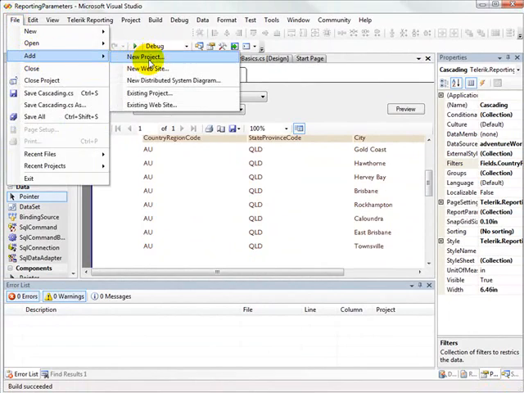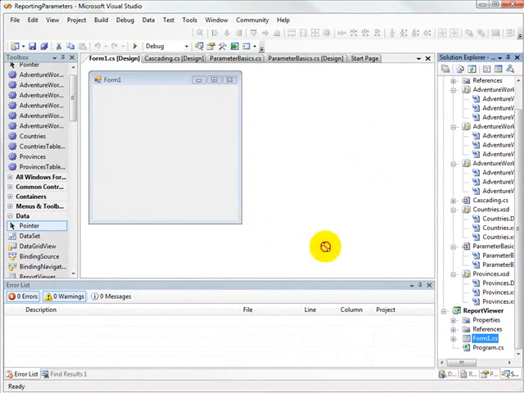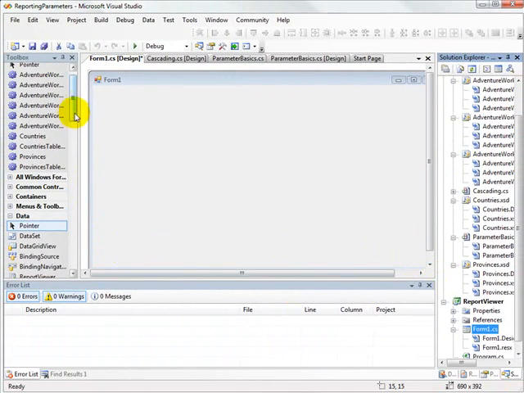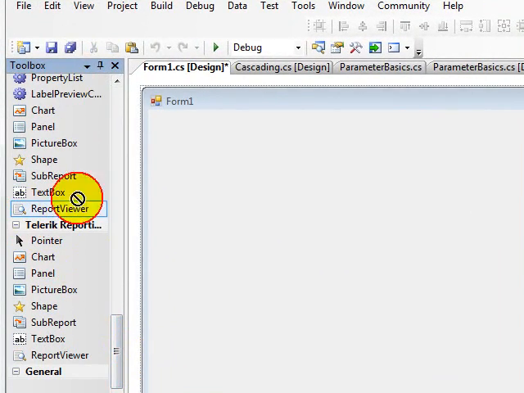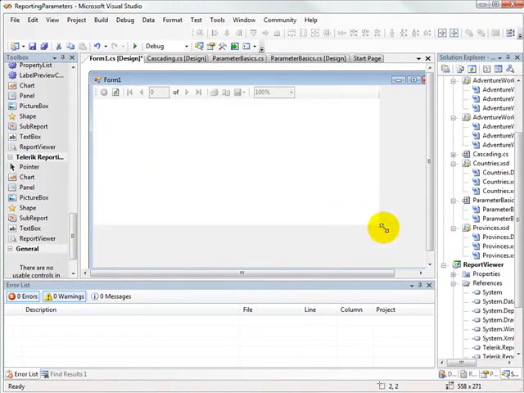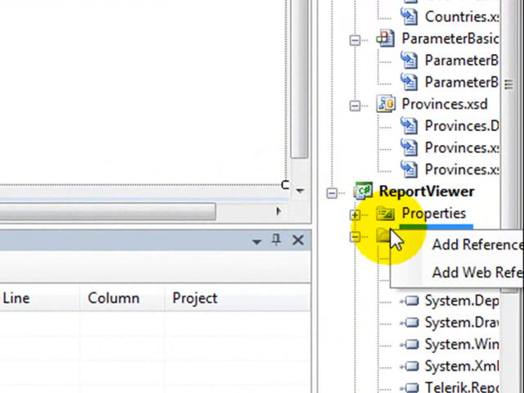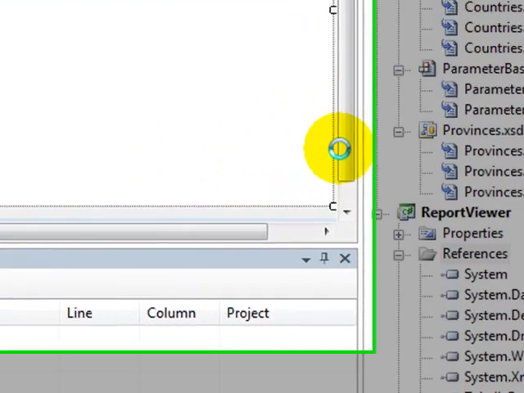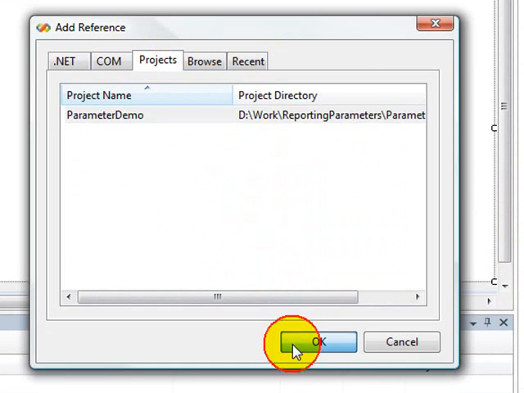And let's talk for a moment about how we would get this onto an actual application. I can add a new project. This is going to be a Windows application, and this is going to be called Report Viewer. And one of the really neat things about this report viewer is we can do this all on the design surface. I'm going to scroll down here and drag in a report viewer component onto my form. We'll just expand that. And the next thing that we need to do is add a reference, and the reference that we want to add is going to be to the other project, this parameter demo,